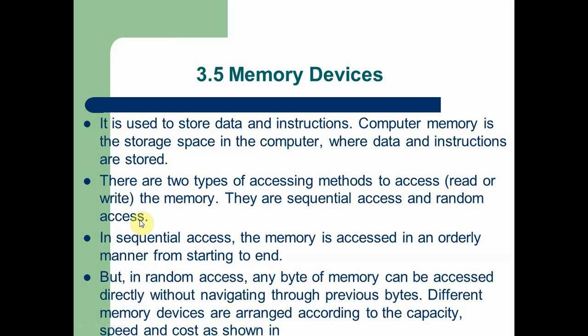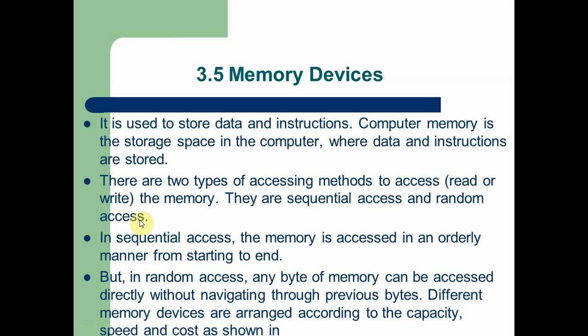So for that purpose, there was a forward and rewind button. By using that forward and rewind button, we move the magnetic strip and move the pointer and start from the place where we want to start. So this is called sequential. This is the simple example for the sequential access method. Another one is the random access method,